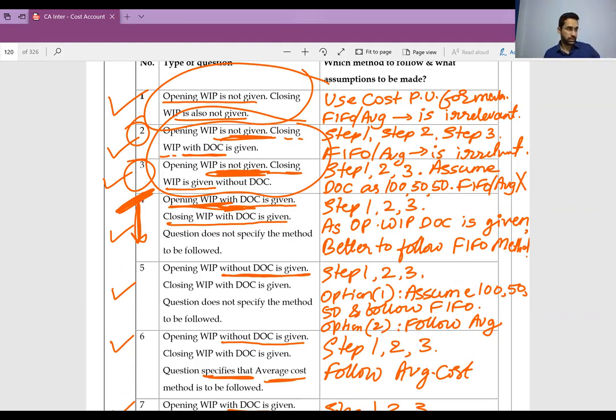These are the kind of questions that can come, and this is how I'm going to work out. This is the way you should make summary notes. Instead of solving one problem for every new adjustment, you should make summary notes like this, where if they give this, this is how I'm going to treat this. This you should do for every subject, especially practical subjects.